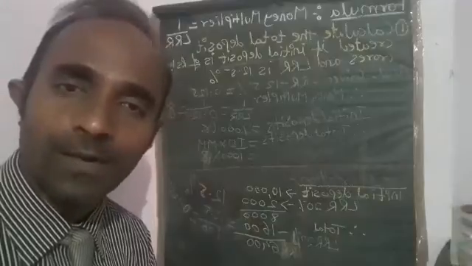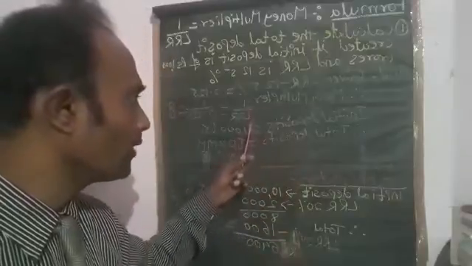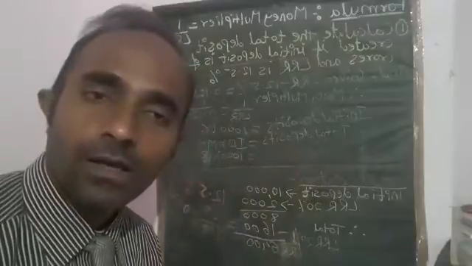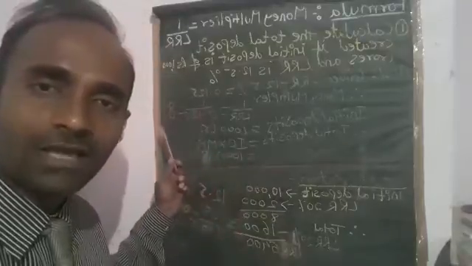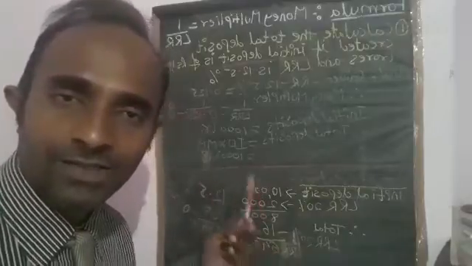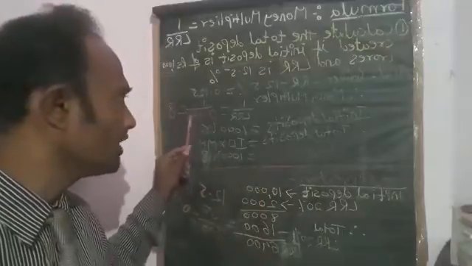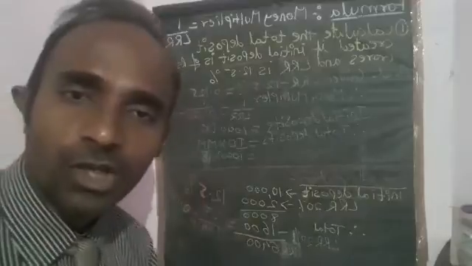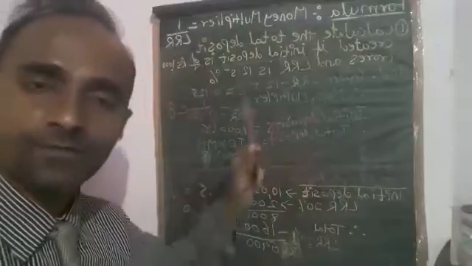Now to find the money multiplier, the formula is already given there, 1 upon LRR. So it means 1 upon 0.125. Correct? I filled in that formula, 1 upon 0.125, and I got the answer 8. How? You know basic mathematics: remove the decimal. After the decimal how many digits are there? 1, 2, 3. So 1 will become 1000 and 0.125 becomes 125, and 1000 upon 125 gives the answer 8. 8 is nothing but your money multiplier.